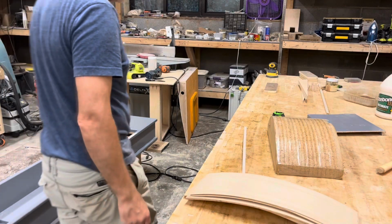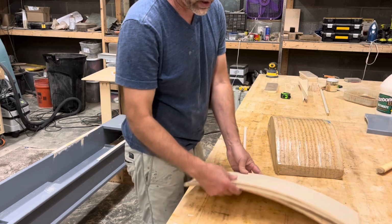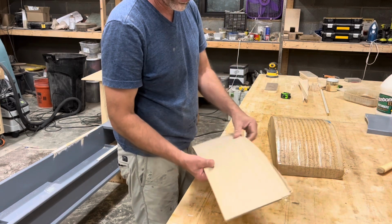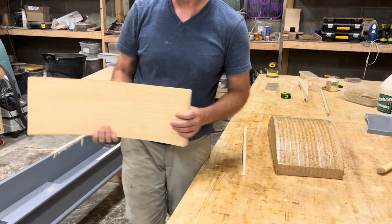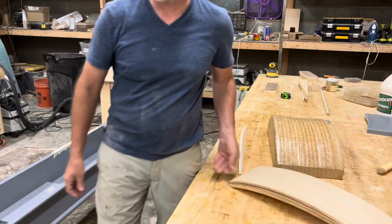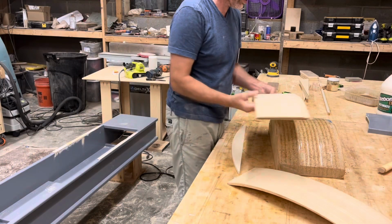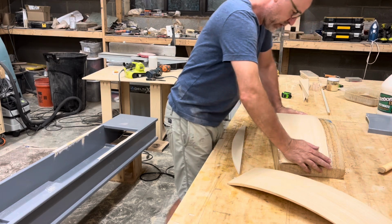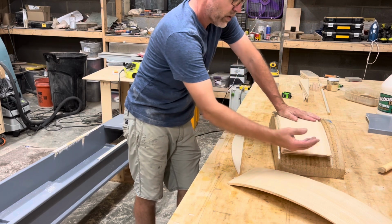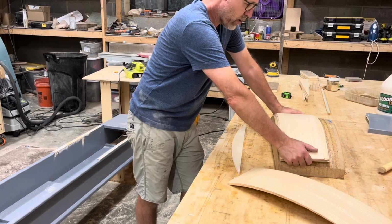Okay, the next step is to make the paddles for the oars. I just happen to have this leftover ash veneer. This is for a chair back. Looks like that. Problem is, I have this mold and I have a vacuum bag, but if I curve this much, I don't really know how I'm going to attach it to the solid bar. So